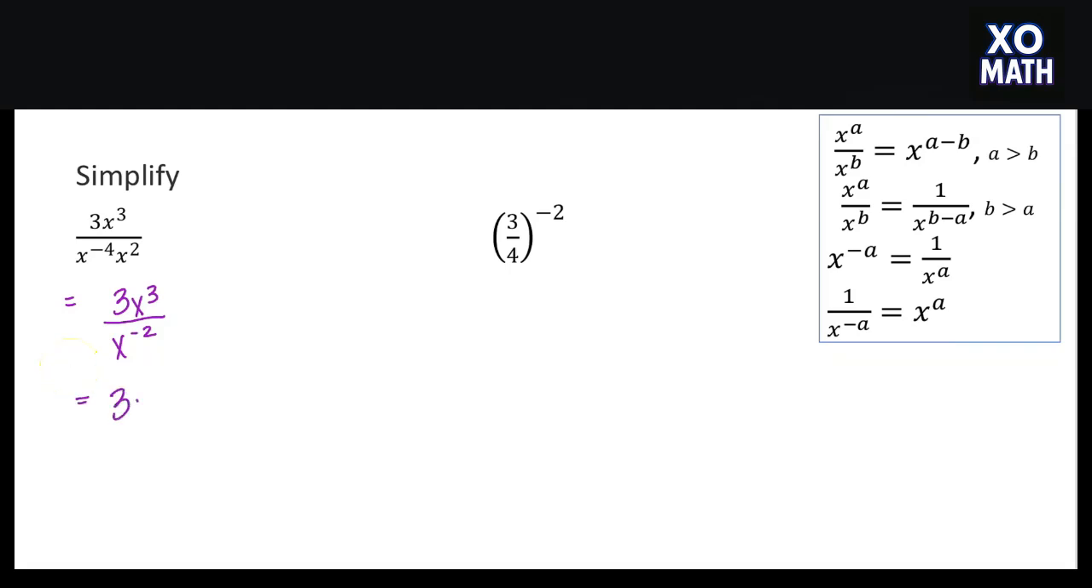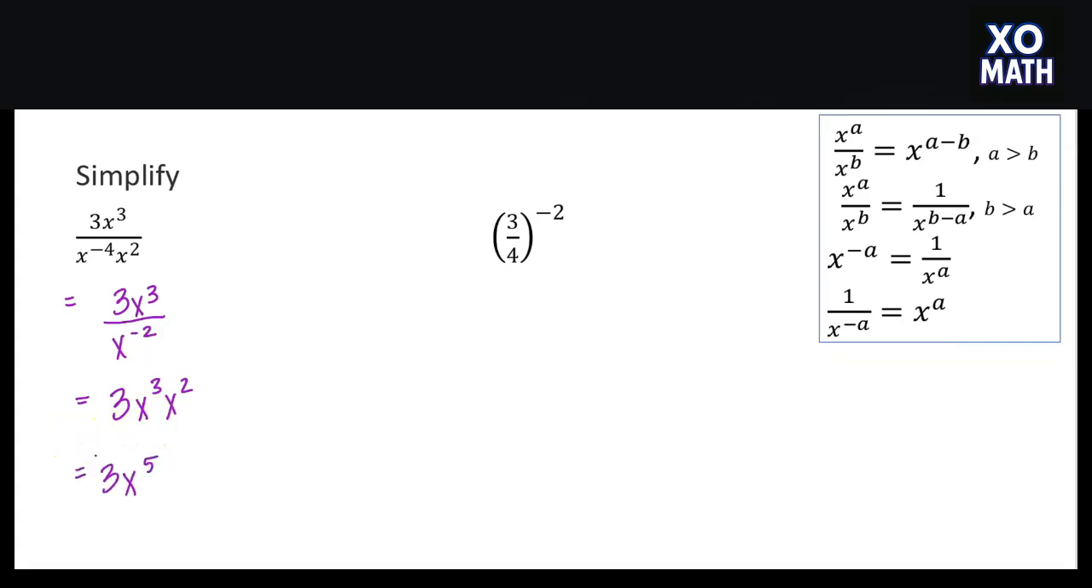So I have 3 times x cubed times x squared. And then in the denominator, there's just a 1. So now these have the same base. We can add their exponents. So this becomes 3x